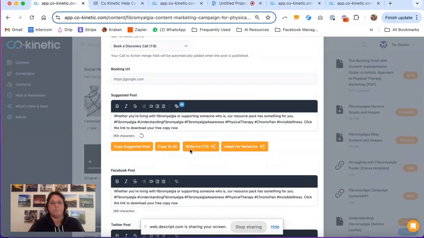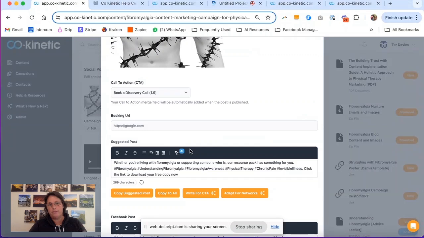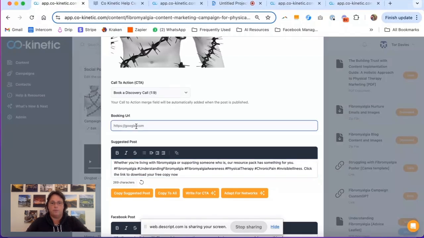However, we have now obviously integrated AI into Co-Kinetic, and you can now write for CTA. Because we didn't have these calls to action when we wrote this box, it was literally when we wrote this original text. So we didn't have all of these options to add these calls to action. So what we've done now is we use AI to write for the specific call to action that you have chosen. So if we put, for example, my